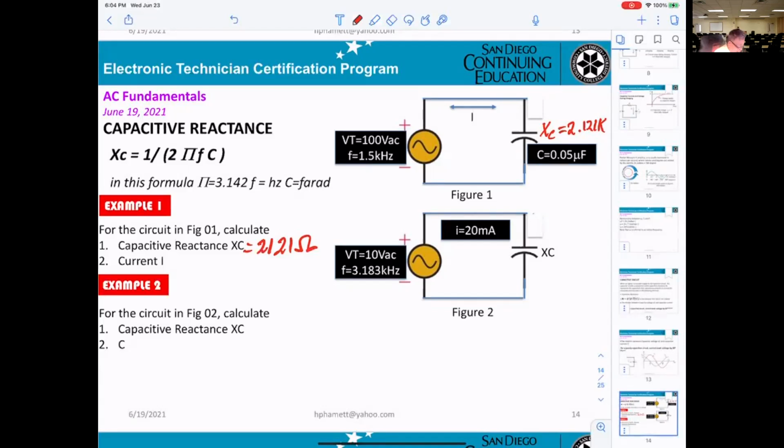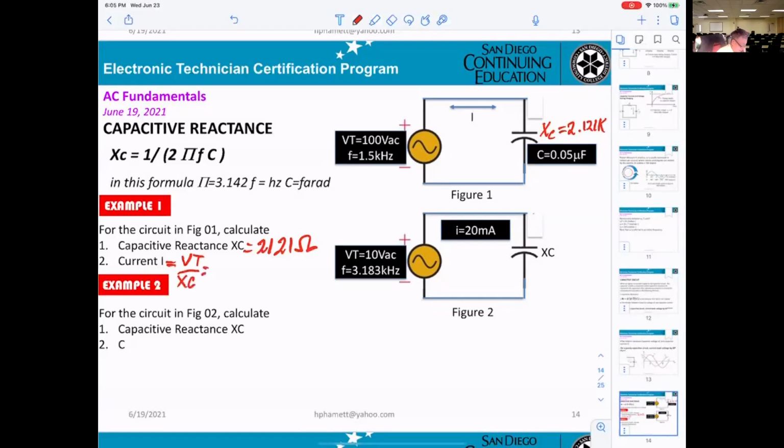Who knows how to calculate the current? Oh, the current, it's Ohm's law, so the current would be VT divided by X sub C. Perfect. The thing is when they get the X sub C, that means it's just like the ohm, okay? Then you can use Ohm's law. So current I basically equals V total, 100, divided by